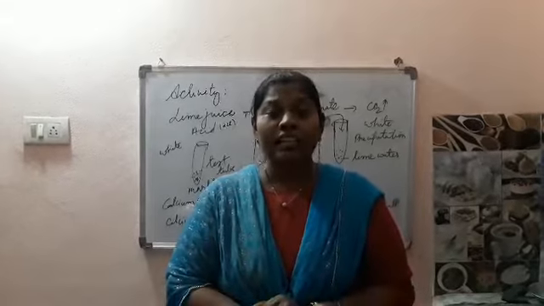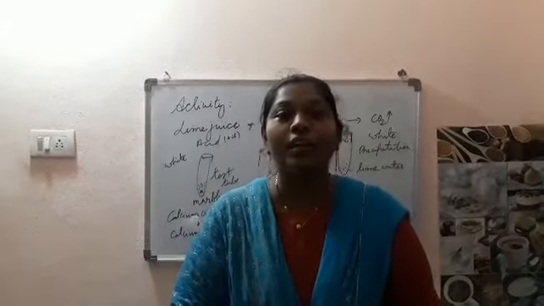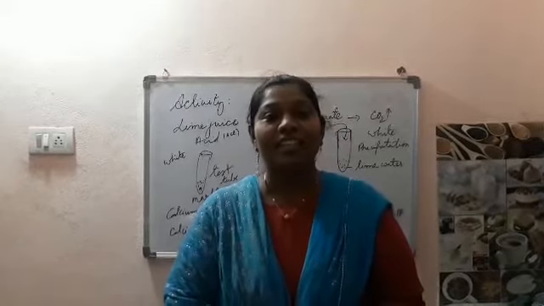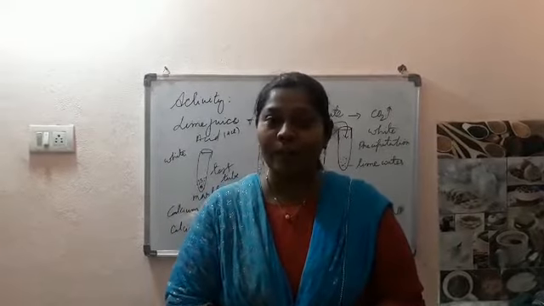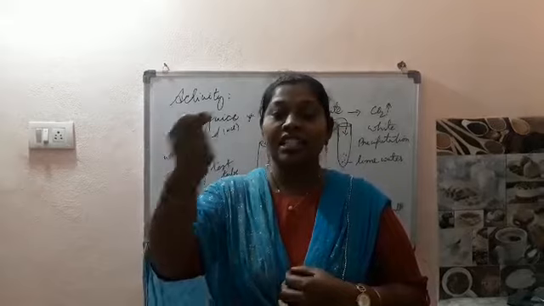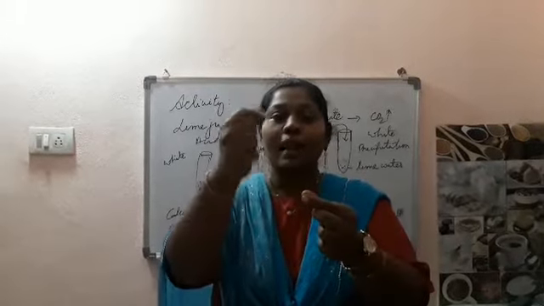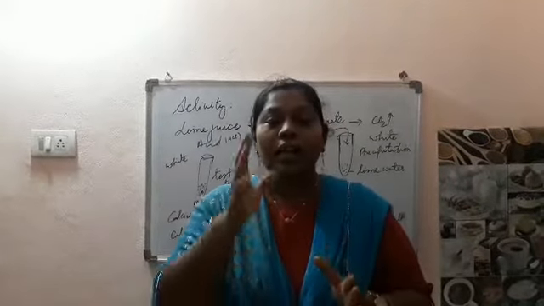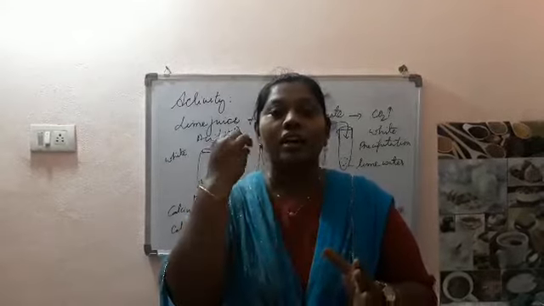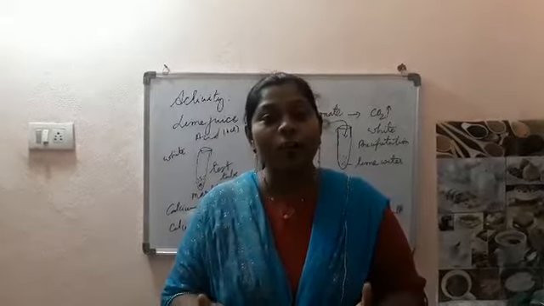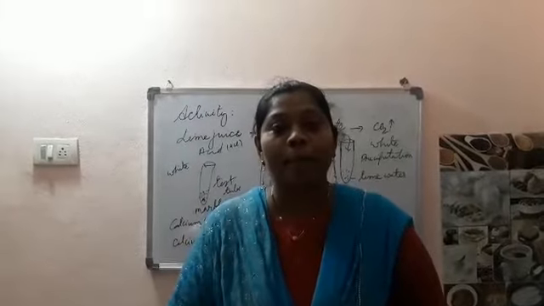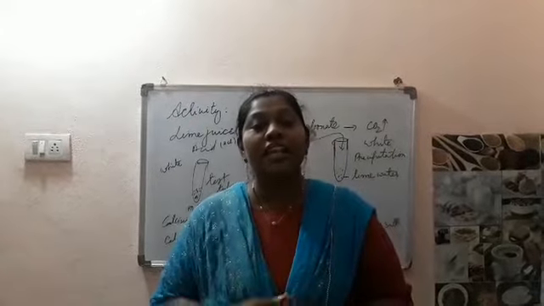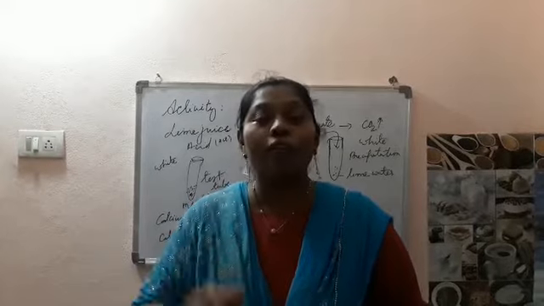The carbon dioxide gas has the capability of putting off the fire. It is used as a fire extinguisher. Have you remembered this, children? As soon as you take the lighted matchstick towards the test tube, the matchstick will go off. Why? Because the carbon dioxide gas will put off the light. That is the only reason why, when a fire accident is happening, we use carbon dioxide gas. The carbon dioxide gas reacts with the flame and puts it off.